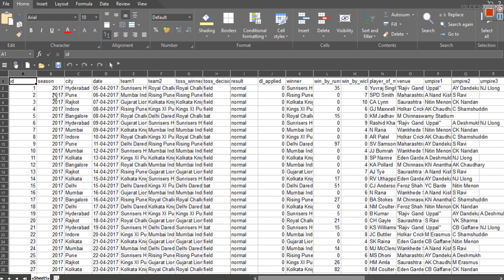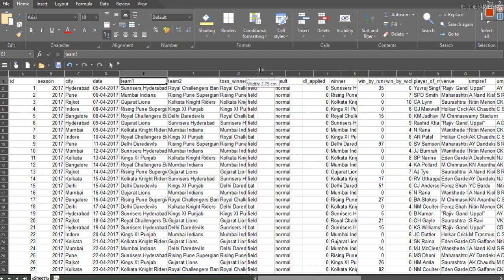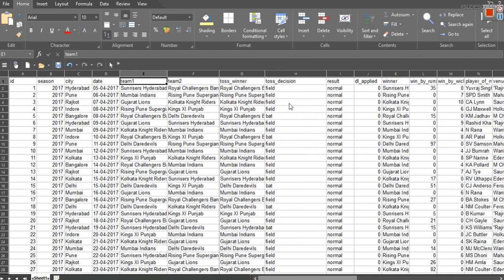So this is our matches.xlsx. In matches.xlsx, you can see we have details of various seasons. We have season, the city in which the match took place, date, team 1, which was the first team, team 2, which was the second team, who won the toss, and after winning the toss, what was the decision, whether they decided to field first or bat first.